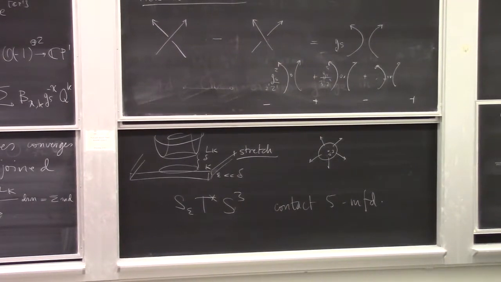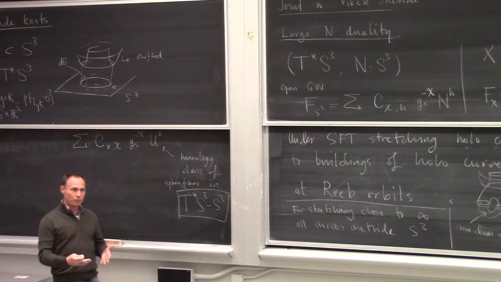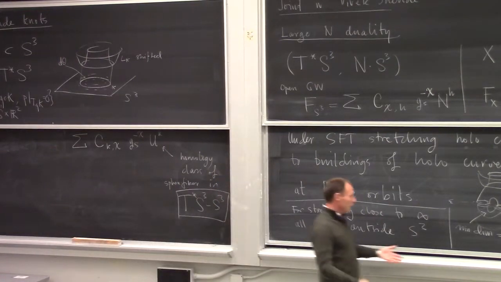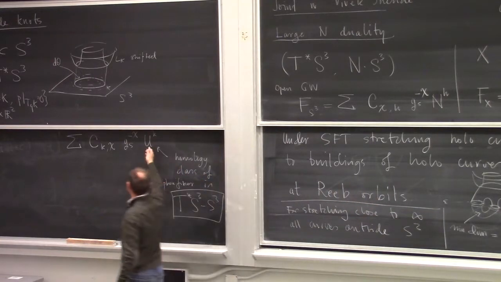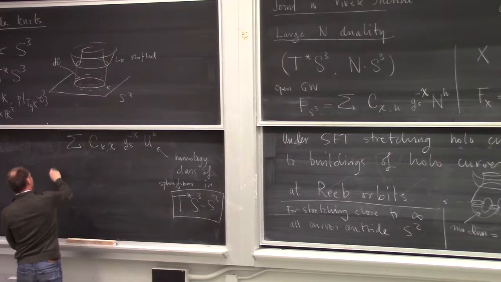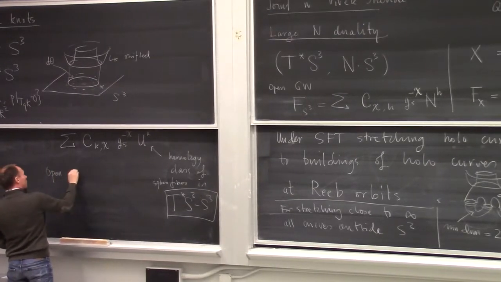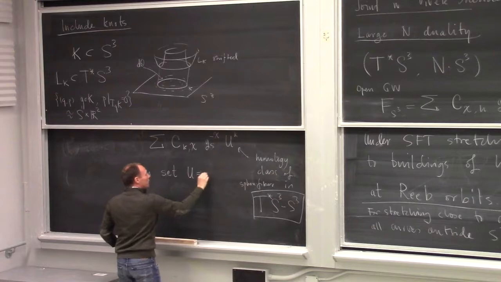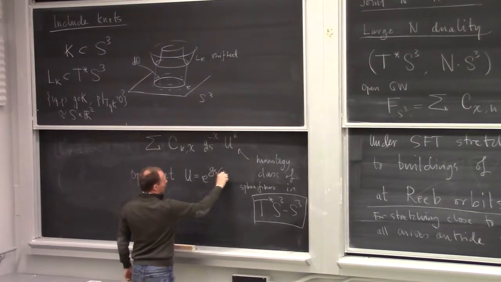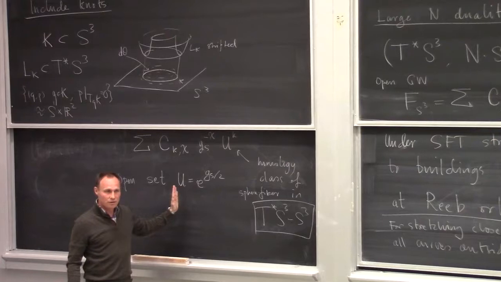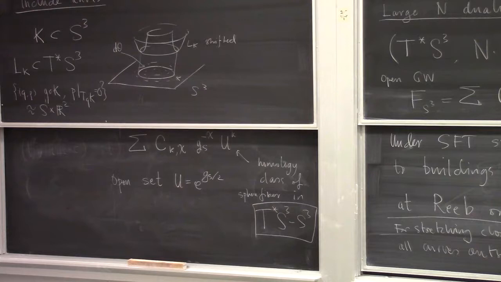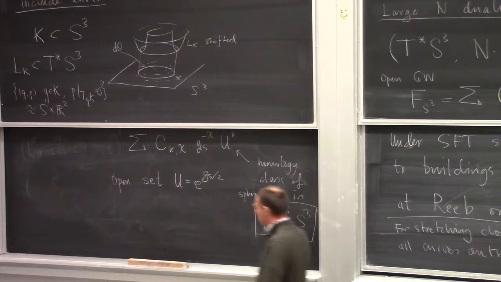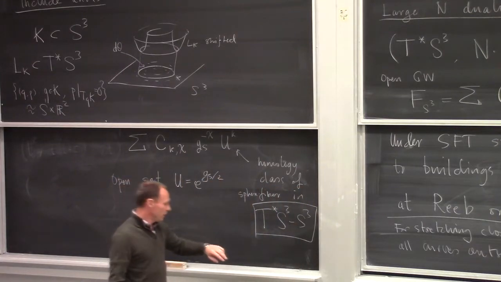But if I know this potential, then I know the open Gromov-Witten potential as well, right? Because now nobody has anything on the 0 section. I just have to count this thing in the 4-chain. So the open potential, set U equal to e to the g_s f, depending on how you normalize it. So we have this potential that recovers the open one, and it's counting some kind of holomorphic curve stretching from this LK and not touching the 0 section. And now the last